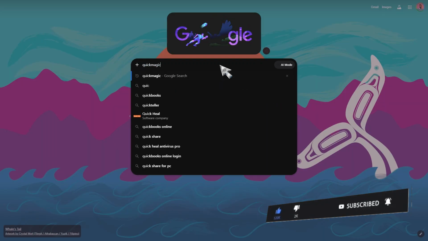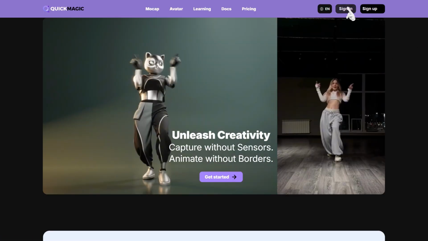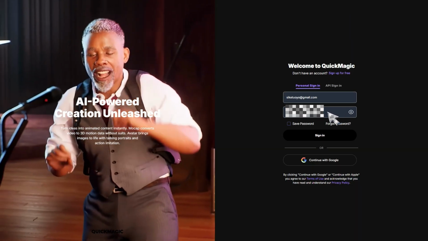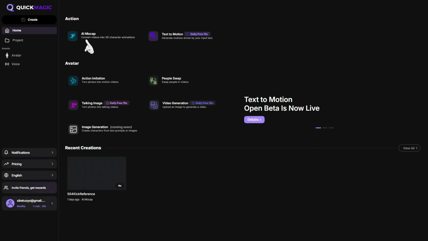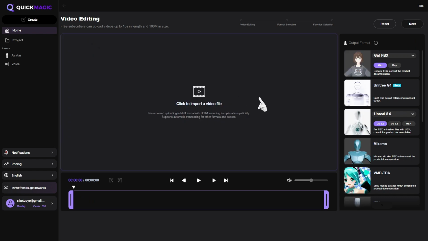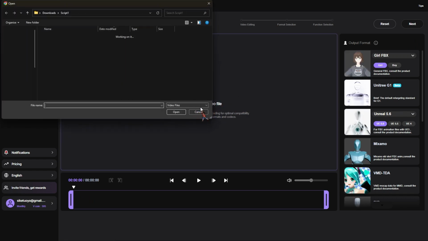Start by searching for QuickMagic on Google, head over to their site, and click Login. If you don't have an account yet, just hit Sign Up. Once you're in, take a look around. They've got a ton of tools to play with, but for this video, we're focusing on their AI Mocap. Upload your video,